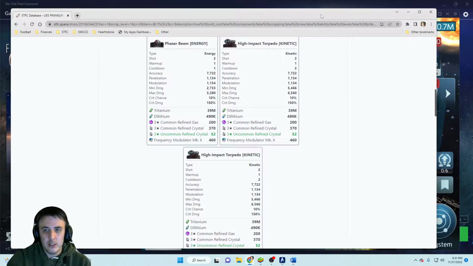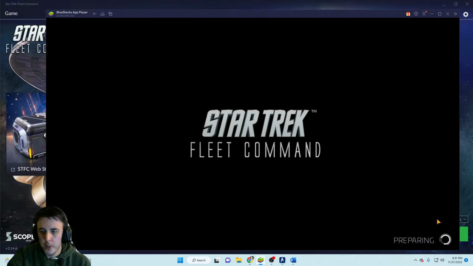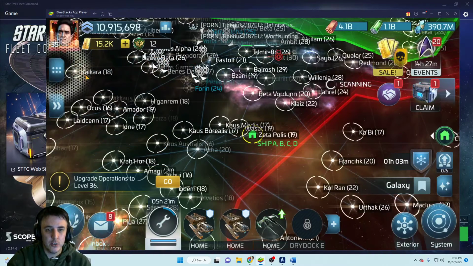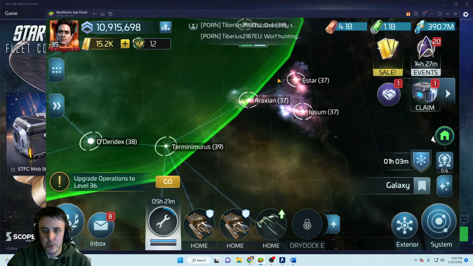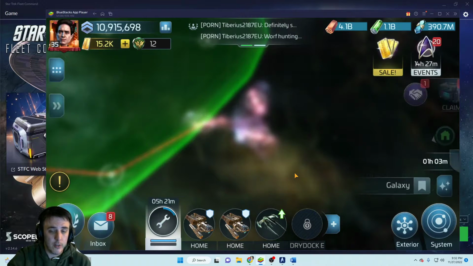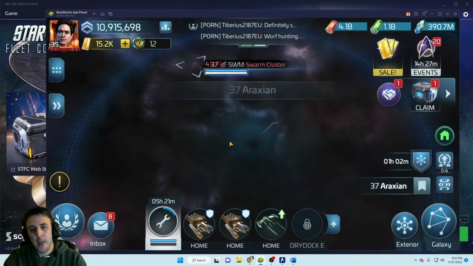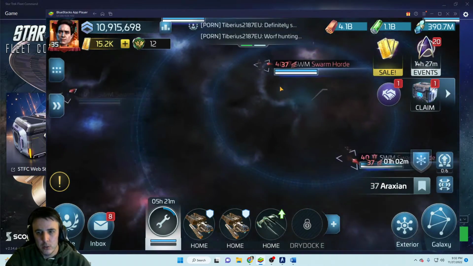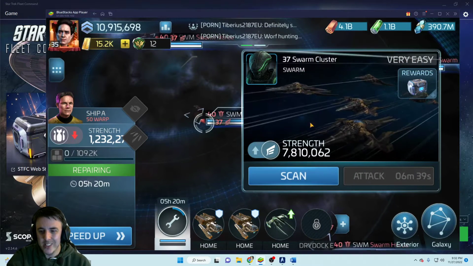Now the Franklin, like I said, is a G4 ship. That also means it has a much higher repair bill than your original Franklin, but it is twofold. One, it can reach these new systems out here, which require warp 75, because the Franklin A has that kind of warp range. So that can get you all the way out here, where you can then fight these level 37 swarm clusters,